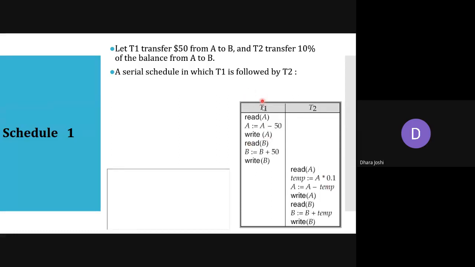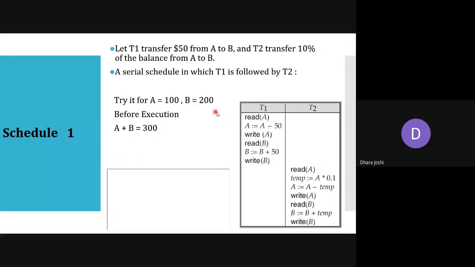A schedule can have more than one transaction, and each transaction can consist of different operations, which should be done in the same order. We can call it chronological order. Okay, so we have two different transactions. Now we'll try it with some real-time balances, so we'll get to know what these instructions will be doing.